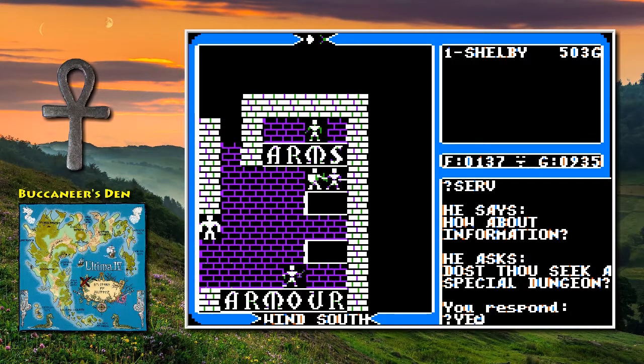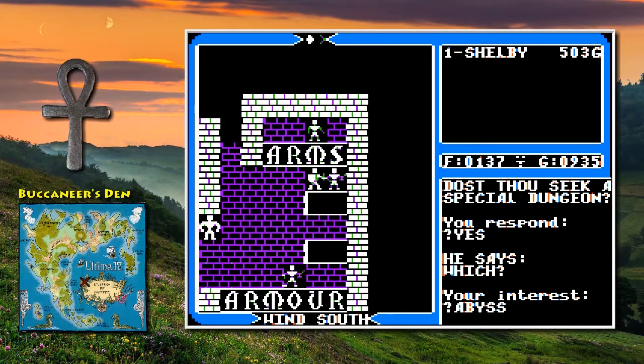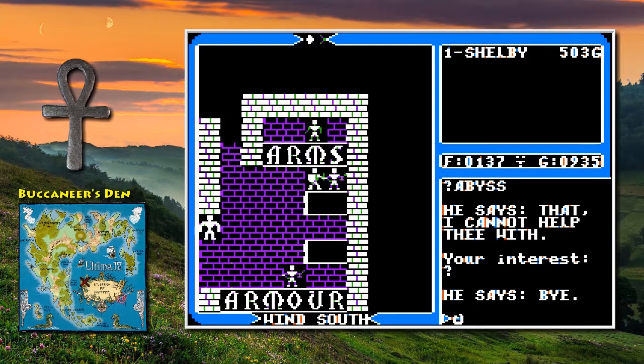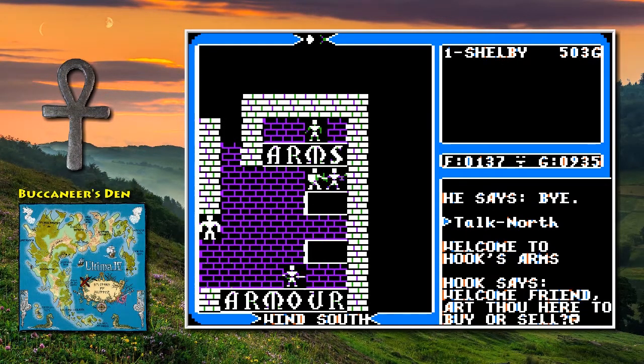Sure. I suppose we're looking for information about the Abyss, but he doesn't know about that. We'll come back to him in a bit. Interestingly enough, a character named Hook is actually a major NPC in one of the sequels. I don't know if this is meant to be the same person or not, but...